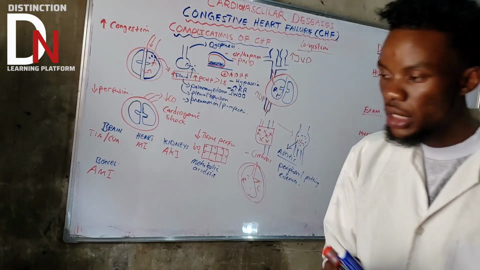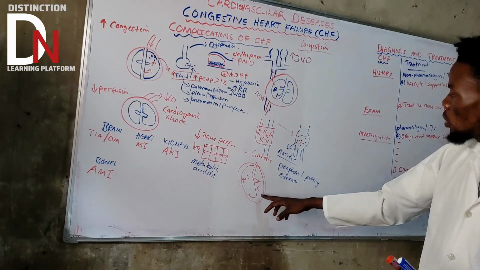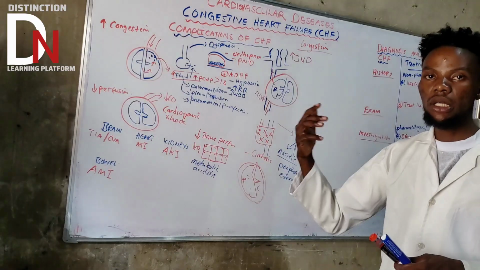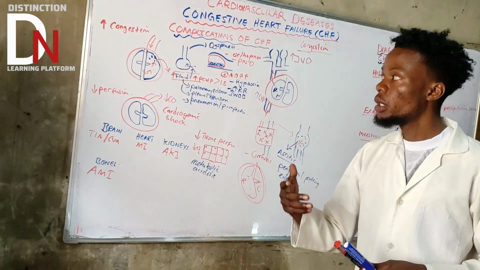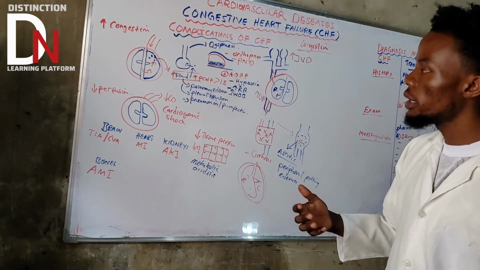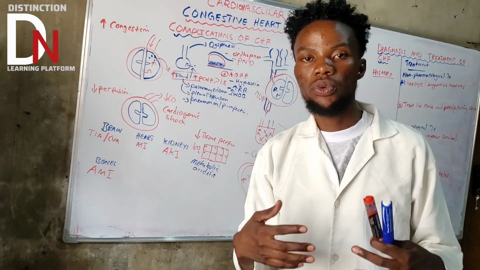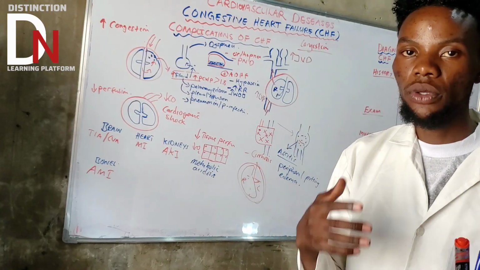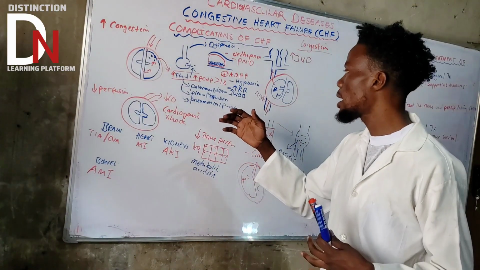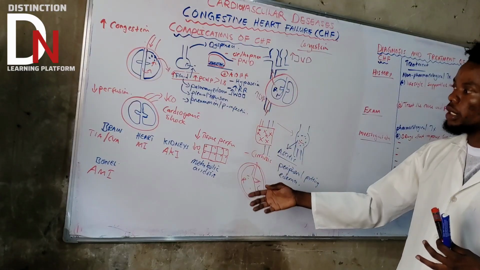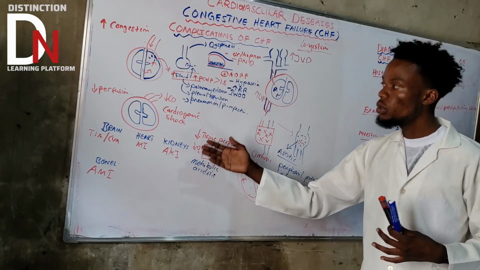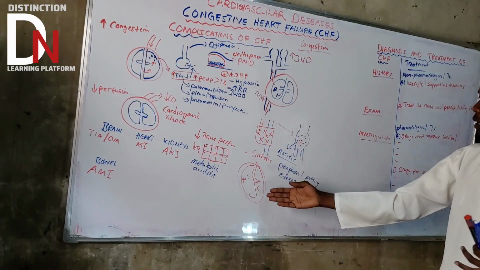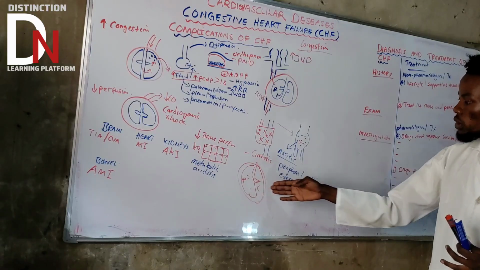will become smaller. Then if it becomes smaller, what's going to happen to the cardiac output? Cardiac output will be low. And if it is low, it's going to cause low tissue perfusion, leading to the symptoms and signs that we talked about here, due to low tissue perfusion. So it can happen because the septum is going to shift